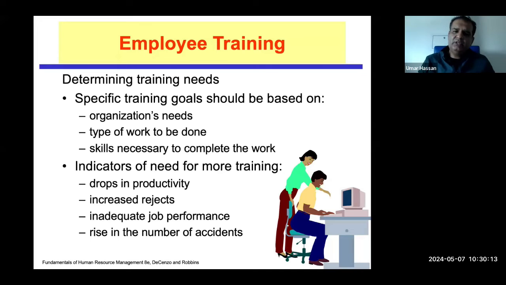I've already given you the relevant examples, which do help you understand that organizations, when they conduct certain types of training programs, there needs to be a clear-cut logic or rationale behind it, because in terms of time and money, a lot of resources are being invested in training and development programs. It is the most expensive function that the HR department is doing,